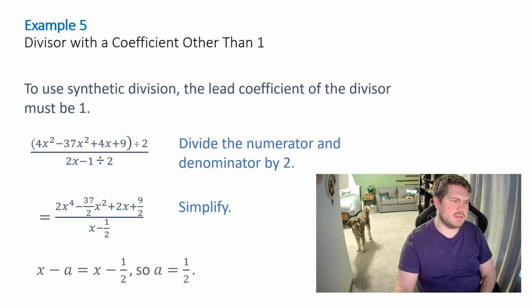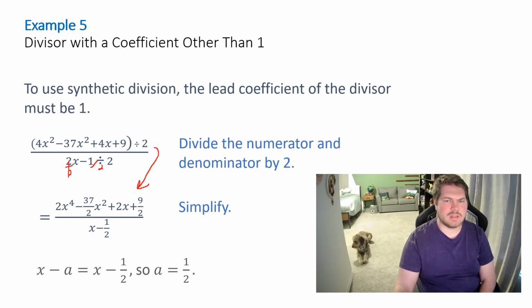So you can see from here to here, they divided everything by 2. So 4 divided by 2 is 2. 37 divided by 2, they kept that as a fraction. And then 4 divided by 2 is 2. 9 divided by 2, they kept that as a fraction. The 2 here goes away, and then this becomes 1/2. That's sort of how I do it. I would probably do it before you do synthetic division. But either way,